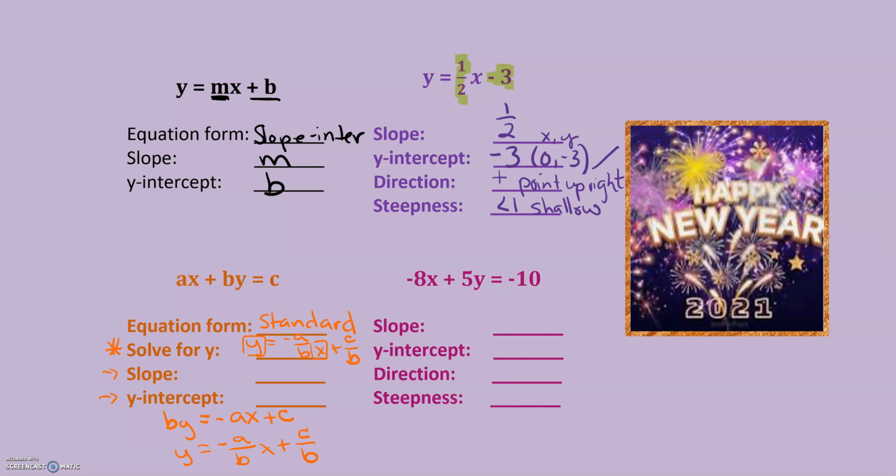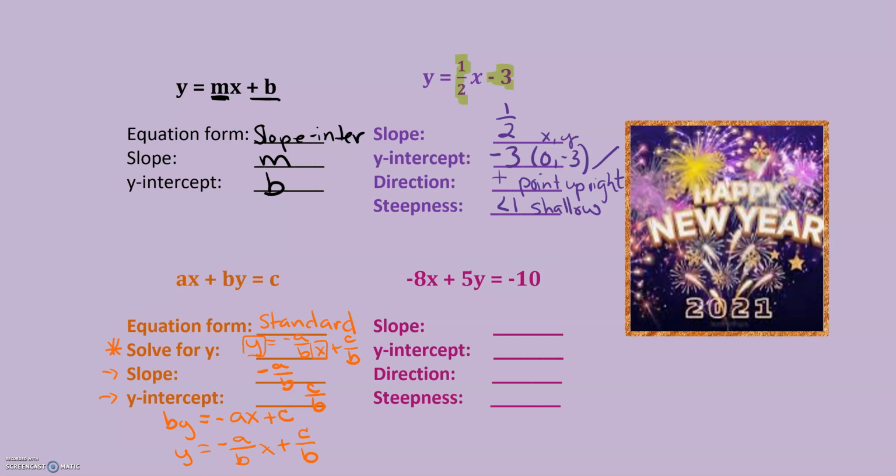The a, b, and the c over b, those are all just numbers. So our slope is whatever that negative a over b is, and our y-intercept is whatever that c over b is, whatever those signs are. So go ahead and pause the video, take a moment, fill in everything that I talked about, and then I